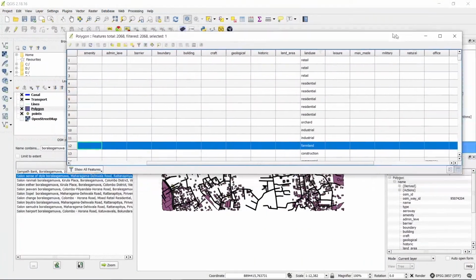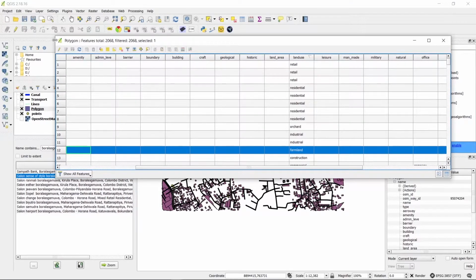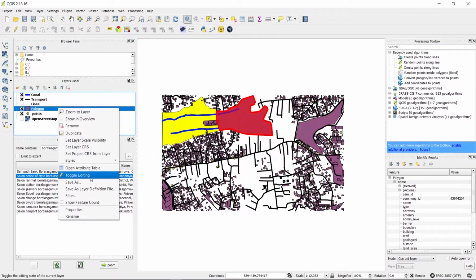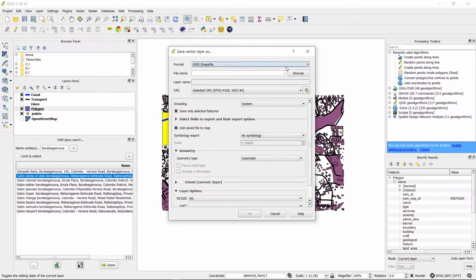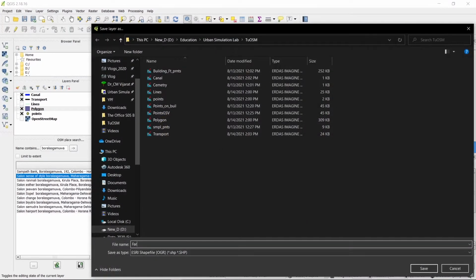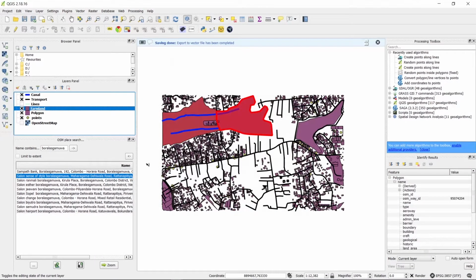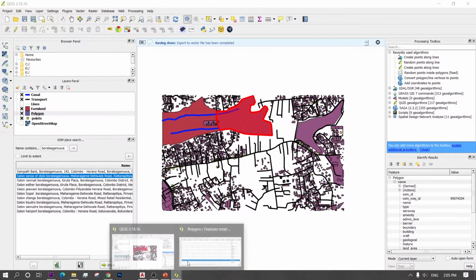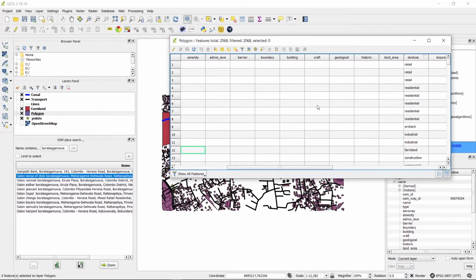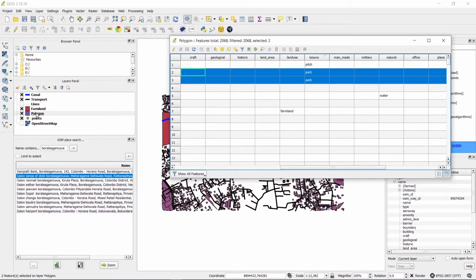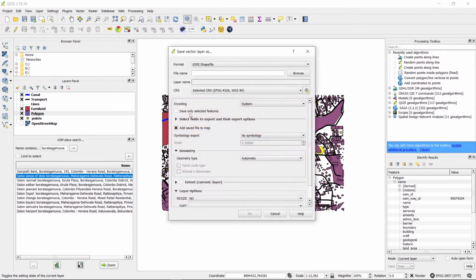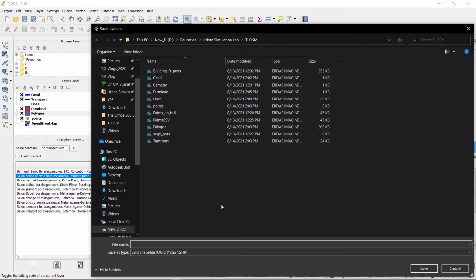I will export a few layers. Save as land. Okay. Then I will deselect the selection, select park, export, save as park.